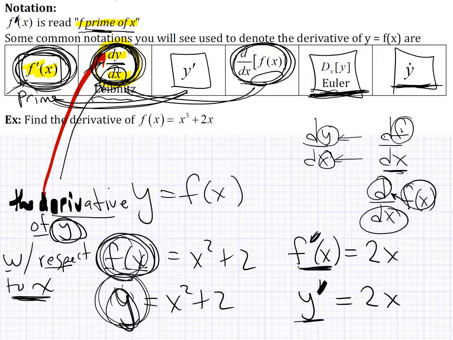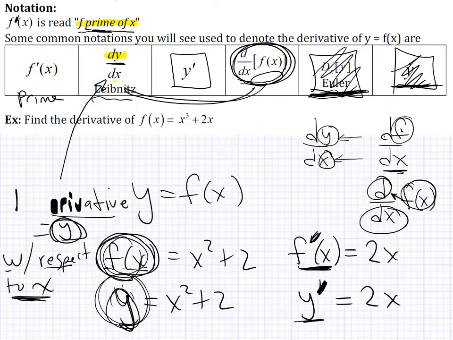It's also known as operator notation. And so we're going to ignore these two for right now. I just put them up there so that you have seen them at some point. But mainly focus on prime and Leibniz notation. We'll do prime for the most part to get started, and eventually we'll start working in Leibniz notation. All right, so let's get rid of all this